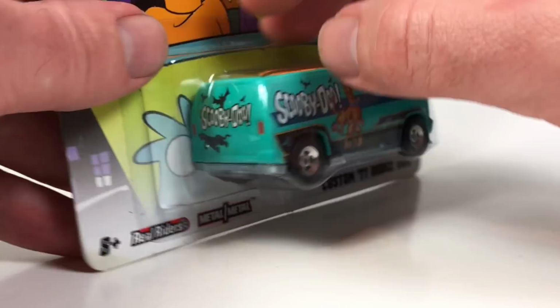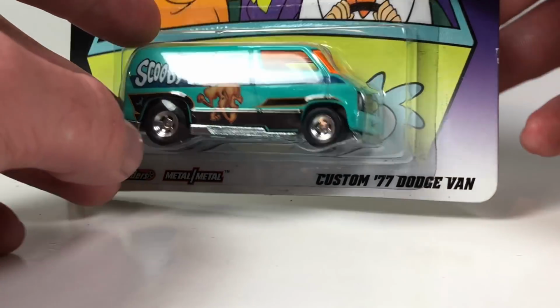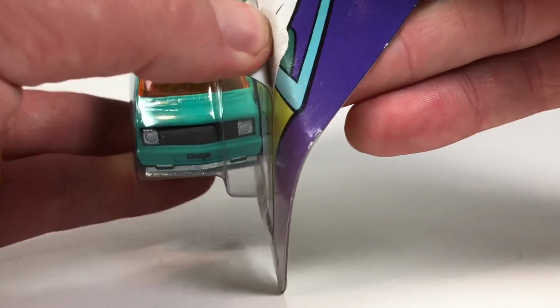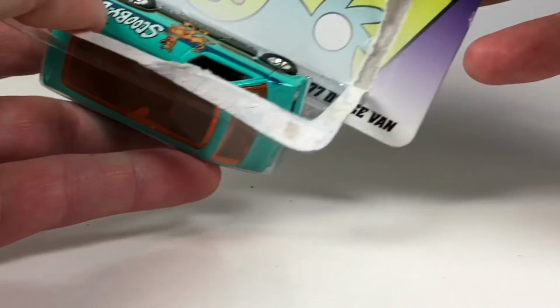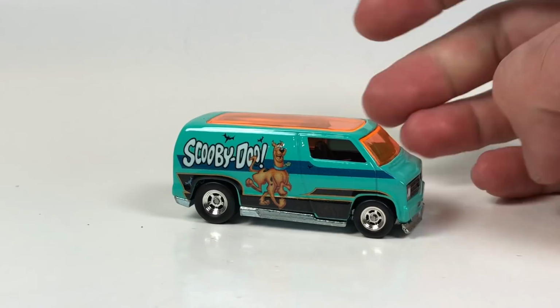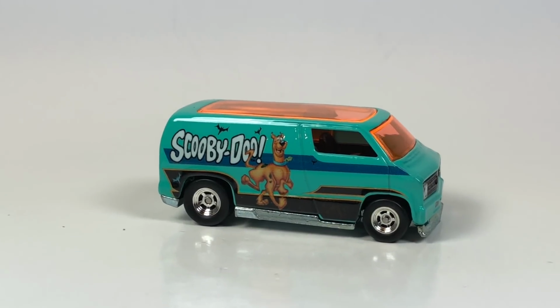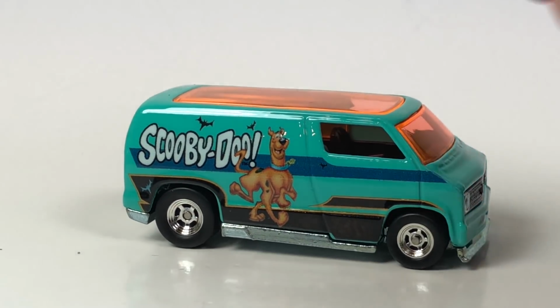Not a huge pop culture fan, which is too bad because they put a lot of these van castings in this lineup. I really wish, I hope they do a car culture vans. If they did a car culture van, please do it, Hot Wheels, do it. Do a car culture van series. You could totally do it. You just need 5 castings to do it with, and I think you could come up with it, plus a new casting. Come on, make it happen. All right, so anyway,